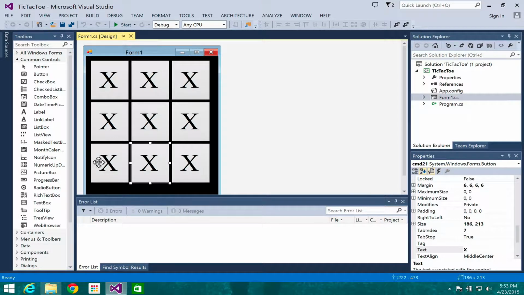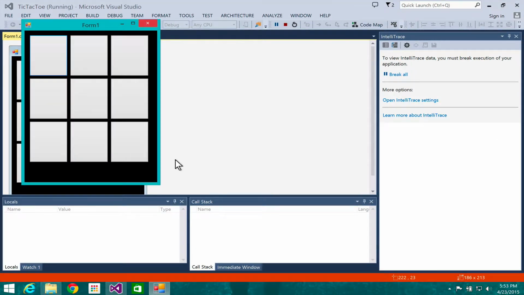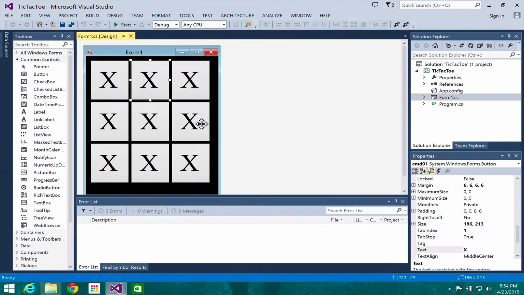And obviously right now I've got the text set to the X just to see what it looks like. But as you know, we changed it so that when it loaded, it would load the values from the array onto these buttons, and then we had changed it so far so that if you hit a button, it would change it to X, and that's all we did so far. And the way we're doing this,